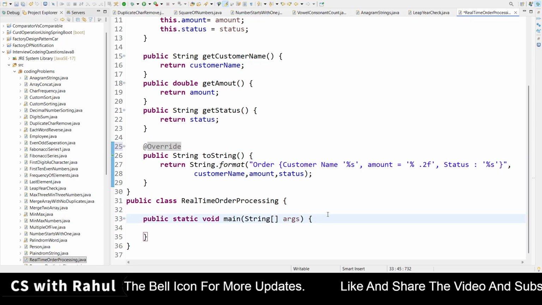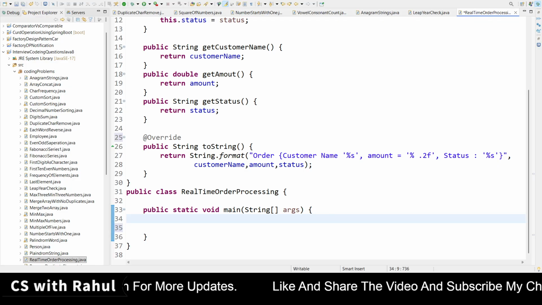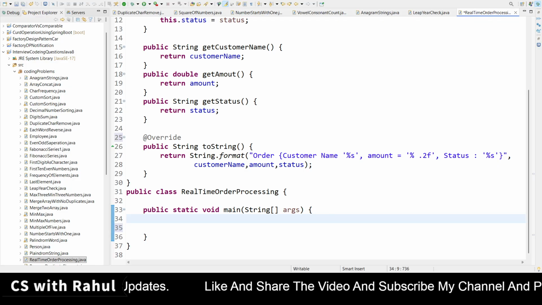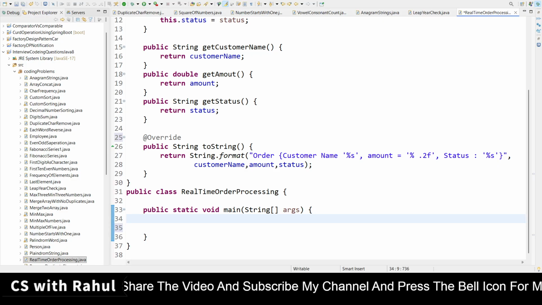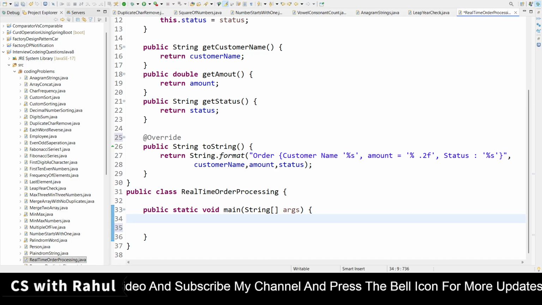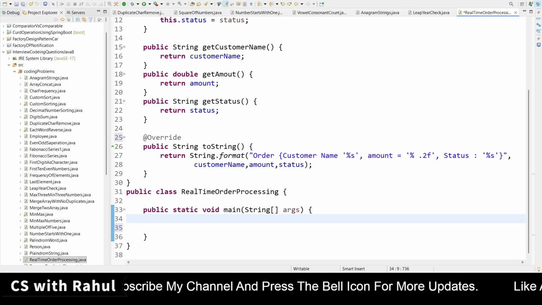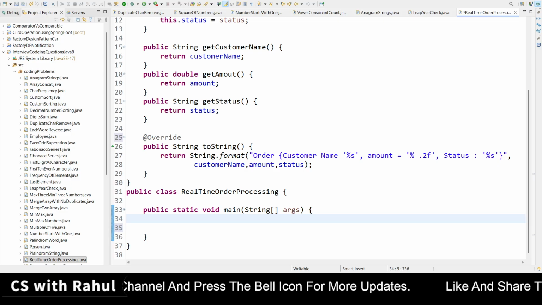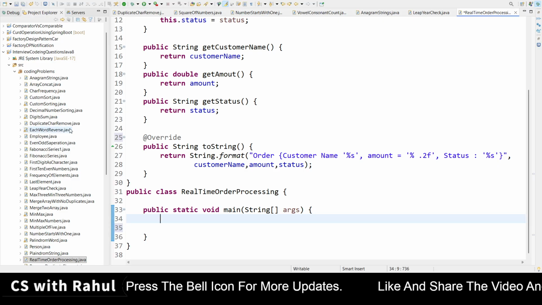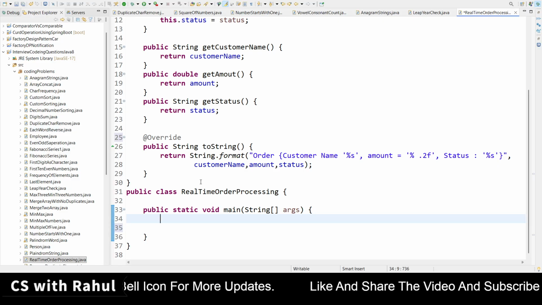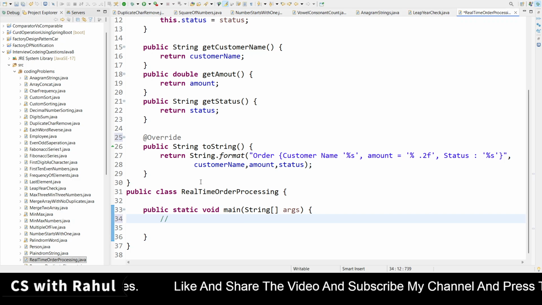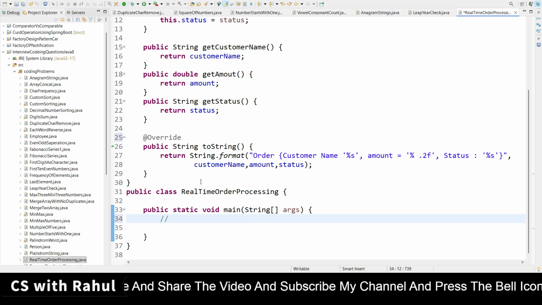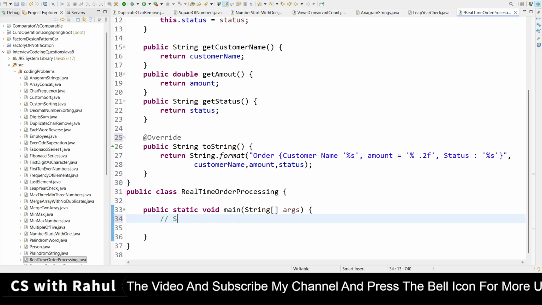Now the main thing, right? Once we are writing the real-time processing system, we are going to do the code here. How to write the code? First we will store the order data, right? We will create the order data in a list. List of what? List of order. Previously we have used list of string, list of integer, many things, right? So here I am commenting it also, like storing